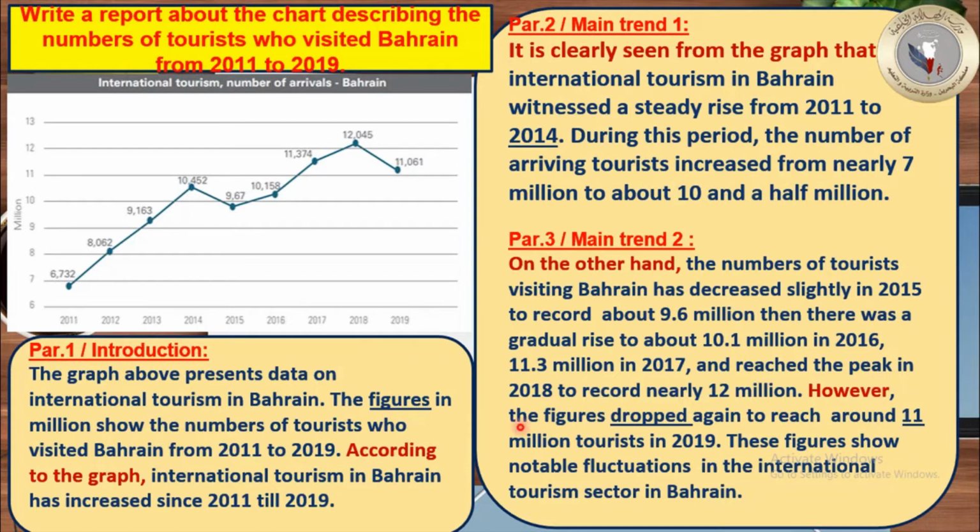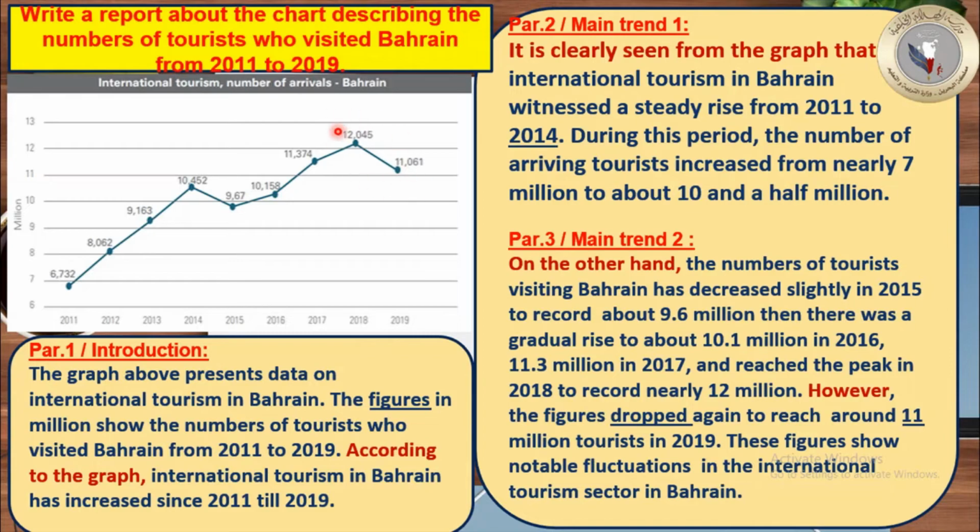Okay, in which year? 2018. To record what? Nearly 12 million. I also use nearly. Why? Because it's not exactly 12. It's a little more than 12. Okay, now full stop. I use again however. You know why? Because